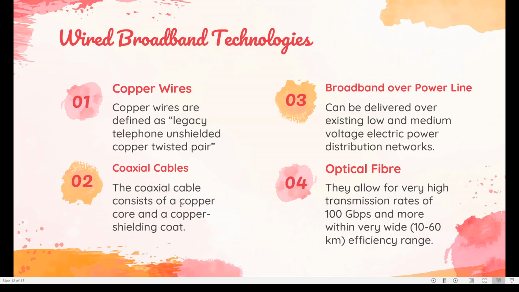The last one is optical fiber. Optical fiber lines consist of cables of glass fiber connected to end users' homes, buildings, or street cabinets. We usually call this fiber. They allow for very high transmission rates, and this is the most future-oriented solution, but it also requires high investment in passive infrastructure. So the pros here is that it has an extremely high level of transmission rates and symmetry,